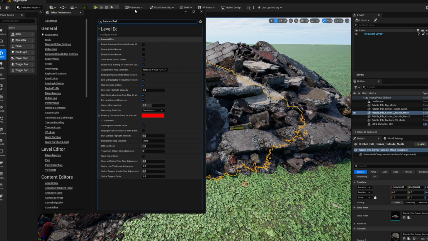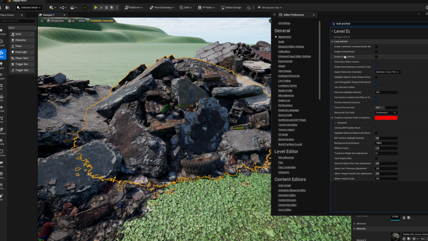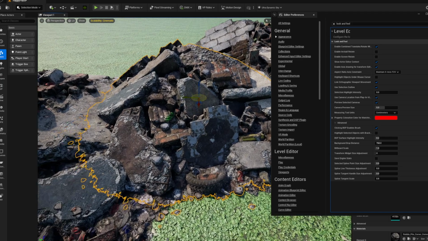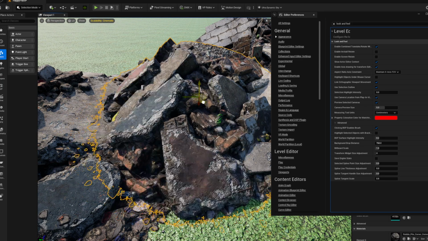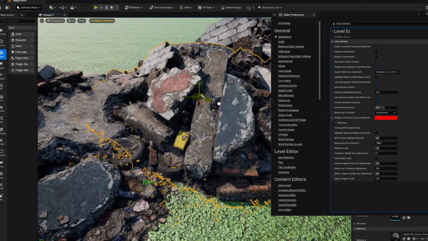Then you get these three at the top here, which are really kind of cool if you want to enable them. The first one is Enable Combined Translation and Rotation. If I click that on, you can see that I've got a little circle in there now. So you can move stuff around, and if you grab this little arrow, you can rotate things,